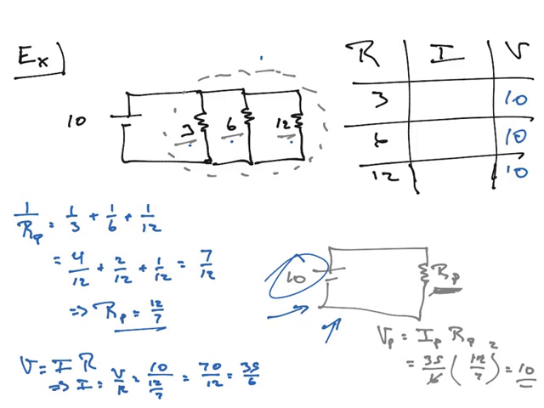Now, how do I find the I's? Well, easy. For each row, if you know 2 out of the 3, you use V equals IR. And V equals IR tells you I is V over R. So I have 10 over 3 for this guy. I've got 10 over 6, which is 5 over 3 for this guy. And I know 10 over 12, which is 5 over 6